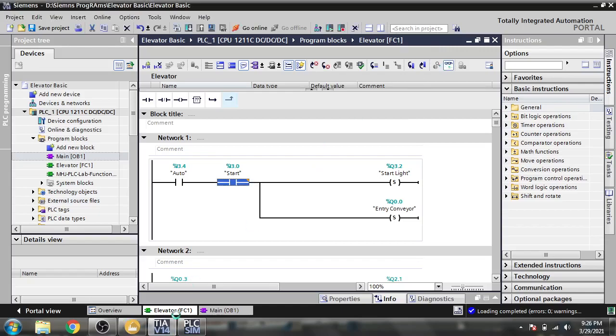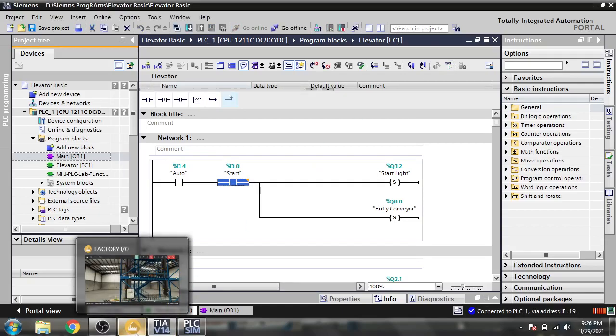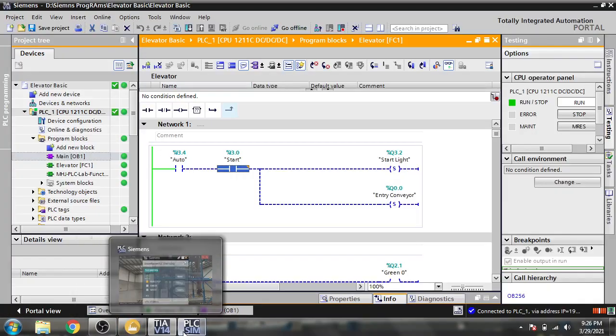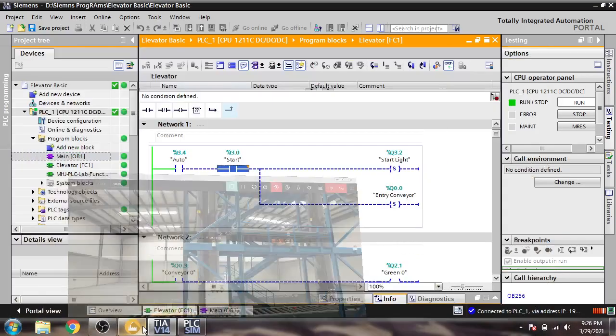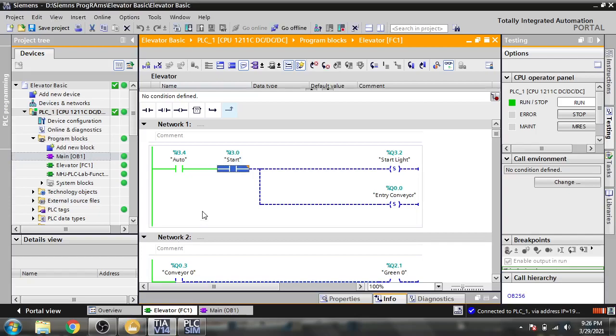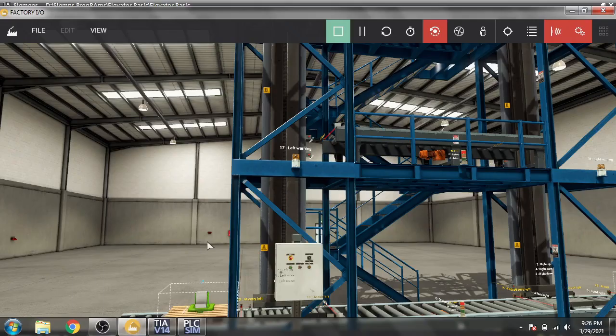I am just going to show you. I am communicating it, and now first I am going to select auto, and you will see the auto is on. Now I am going to press the start button here.